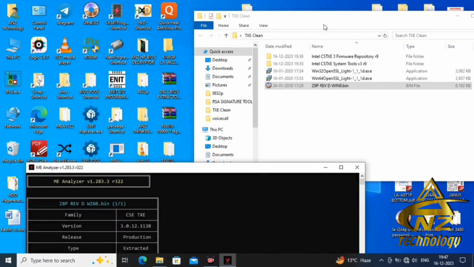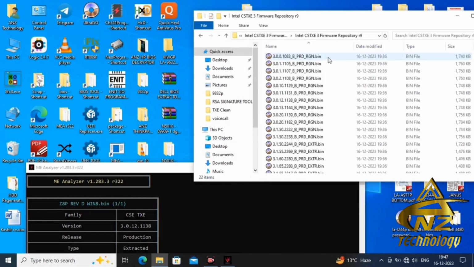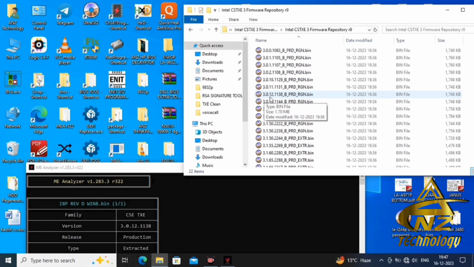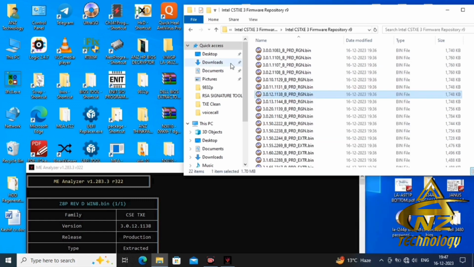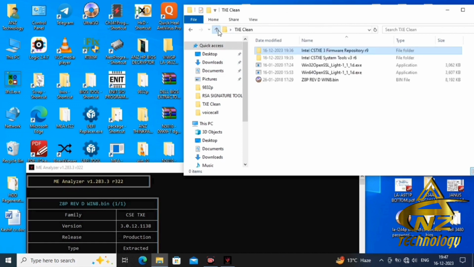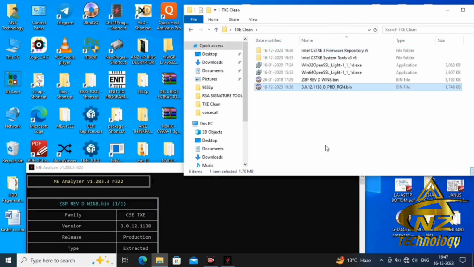So here we have a collection of CSTXT3 firmware. Open it and now we will search the same firmware. Here you can see 3.0.12.1138. So now we will copy this firmware. Go back and we'll paste here.